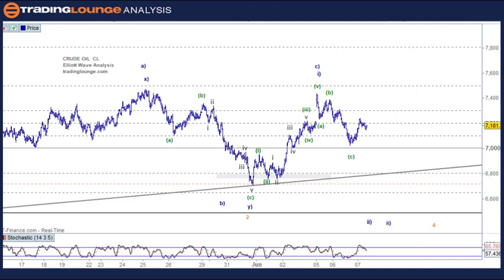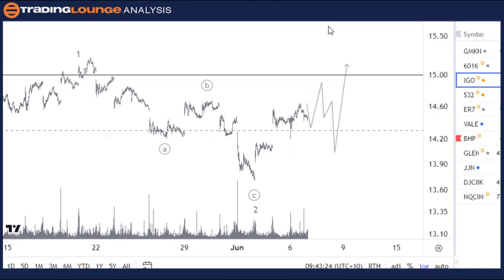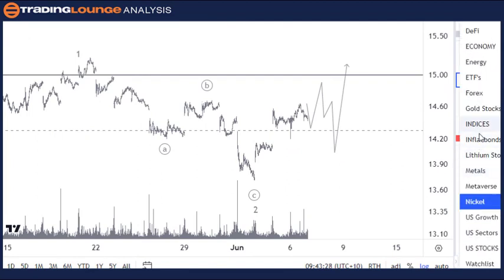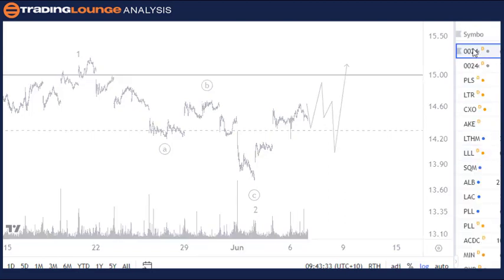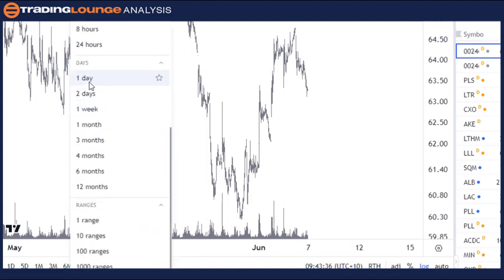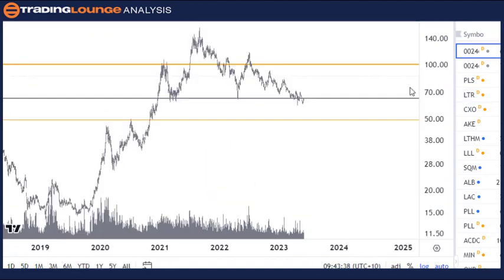Okay, I should have had a look at lithium while I'm there as well. I sometimes miss that. Lithium stocks. We want to have a look at these two big Chinese dudes here, which they own a lot of,